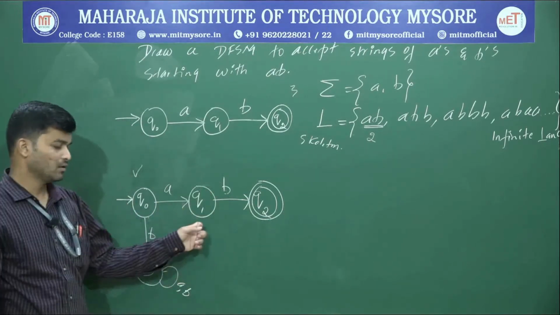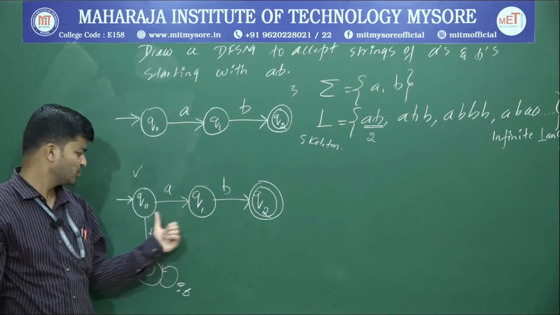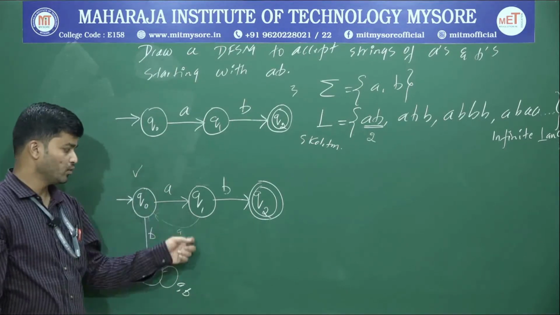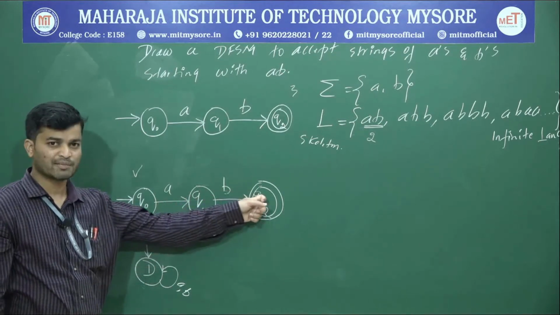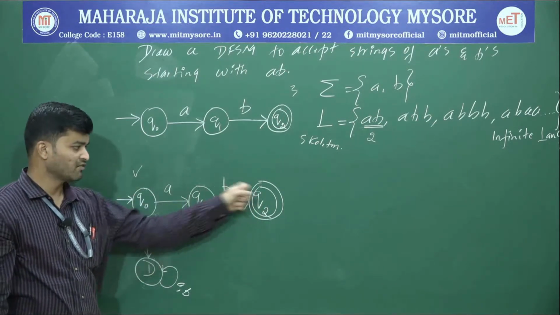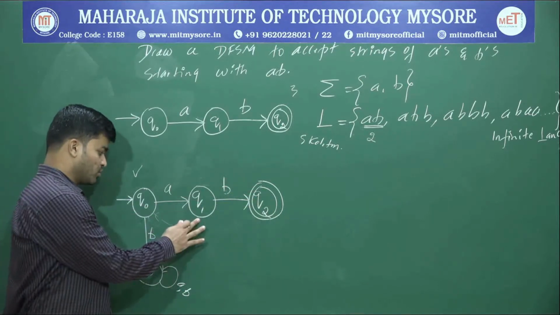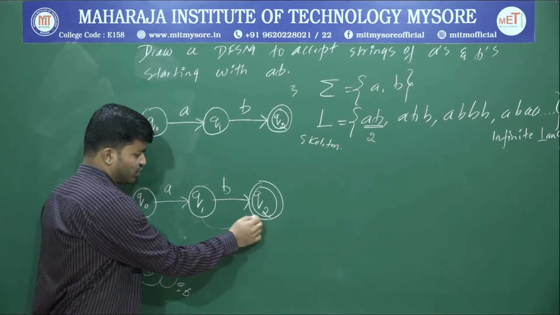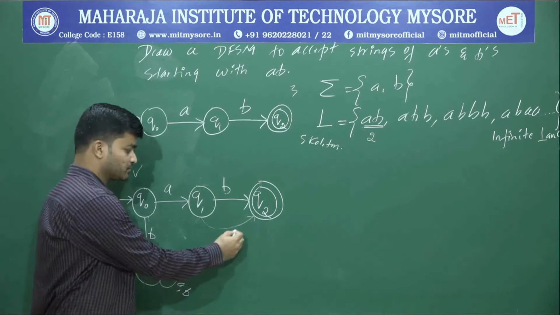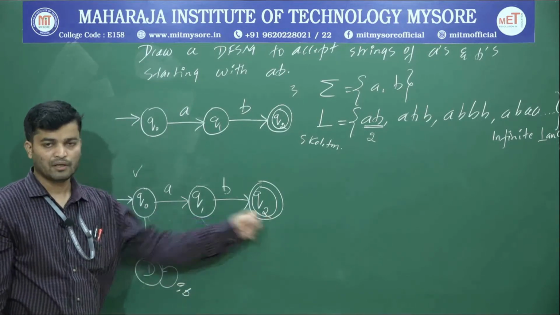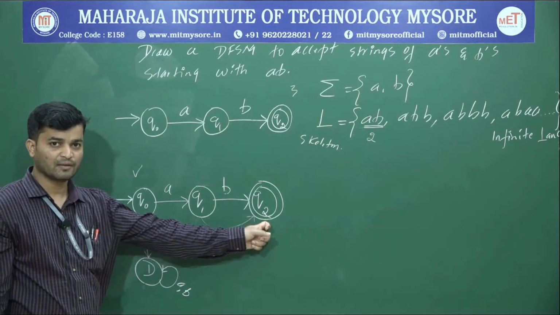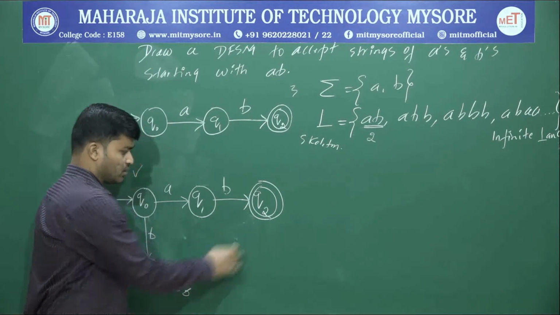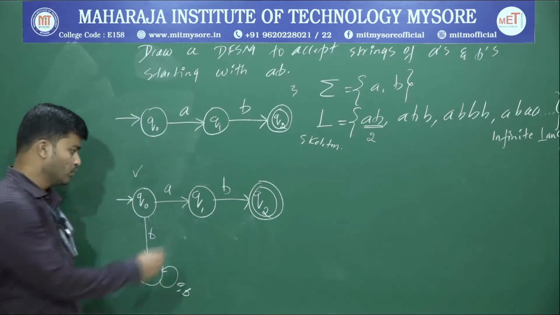Okay. So what is the next thing? Next you have to connect with the nearest states. Both are nearest states. Try to connect to Q0 upon A. So I'll get 1A, 2A, 3A, 4A, then before going to the accepting state, I'll have n number of A's, and that will be accepted. Therefore, connecting to Q0 is also not a valid option. So what is the last option? Even try with Q2. If I try with Q2, what will happen? 1A, 2A, that will be accepted. Now it will accept AA before going to the final state or accepting state. Therefore, even connecting to Q2 is also not a valid option. If there is no other option, then I have to go with the dead state.